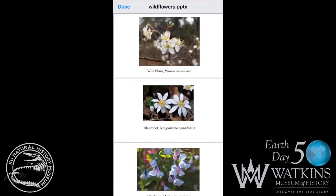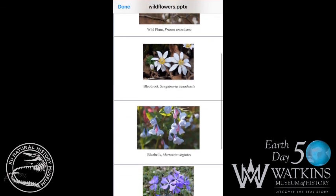To help a little with IDs, at least for flowering plants here in eastern Kansas, here are some pictures of native plants that are blooming now or will soon begin blooming. You can see these plants in many of our city and state parks, native-oriented commercial and residential landscaping, and of course growing in natural areas. The first one is wild plum. Then we have bloodroot,